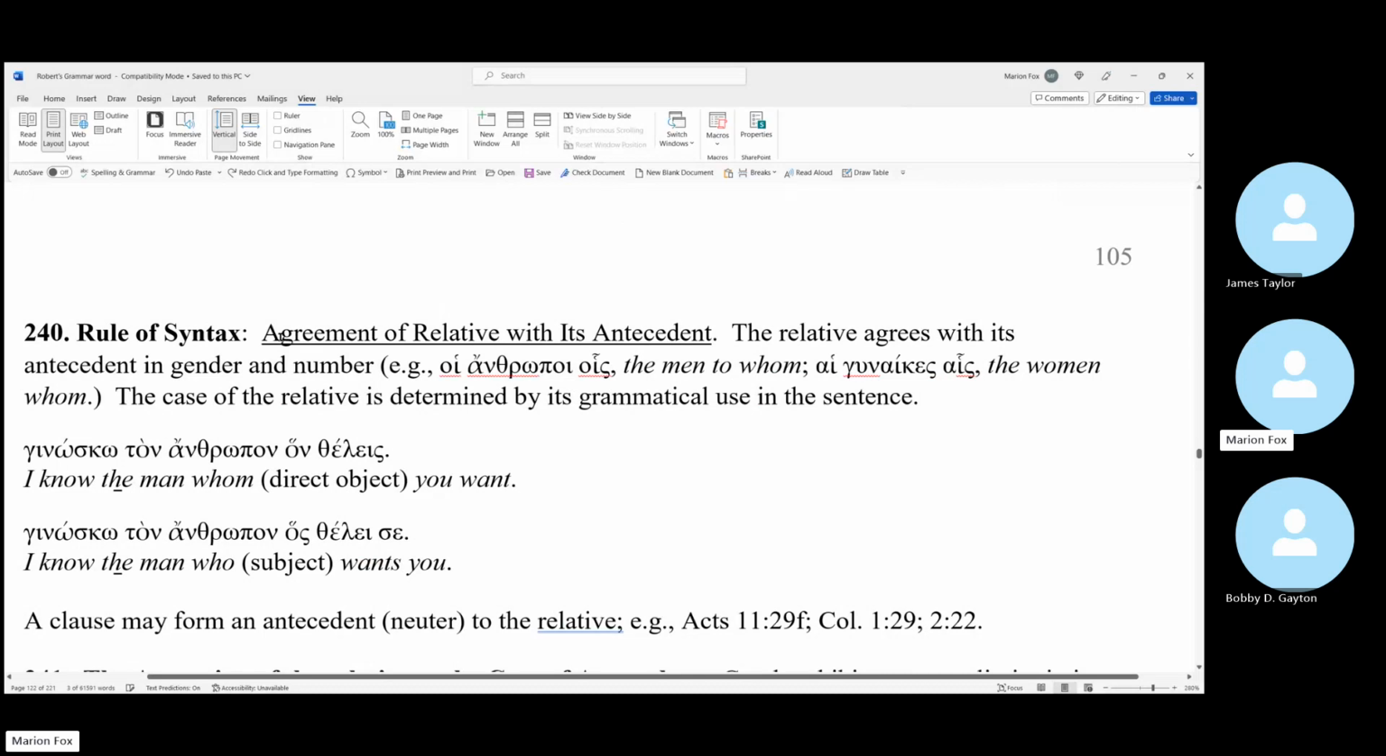The rule of syntax, the agreement of relative with its antecedent. Relative agrees with its antecedent in gender and number. Now you can say that. All right. For example,